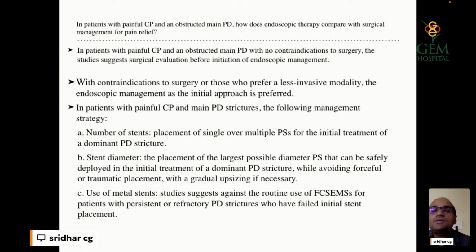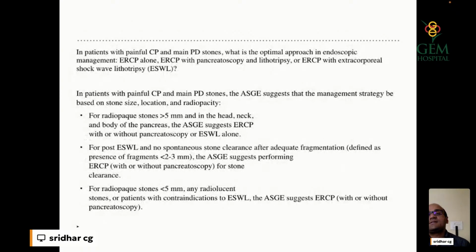When it comes to the question of use of metallic stents, the studies are against the recommendation of using the fully covered metal stents in the PD strictures, even despite the failed initial procedures. The studies are very against the usage of fully covered metal stents. And another important thing is